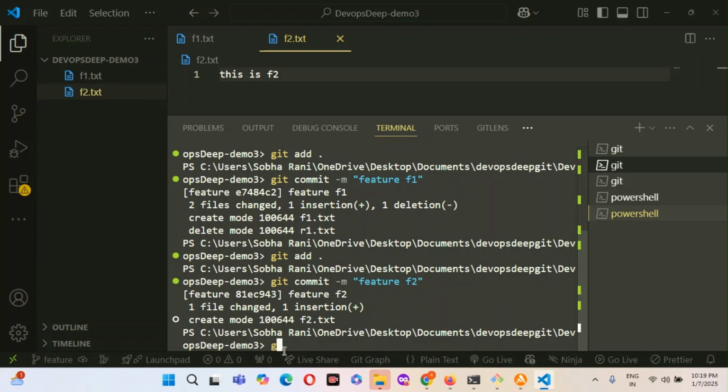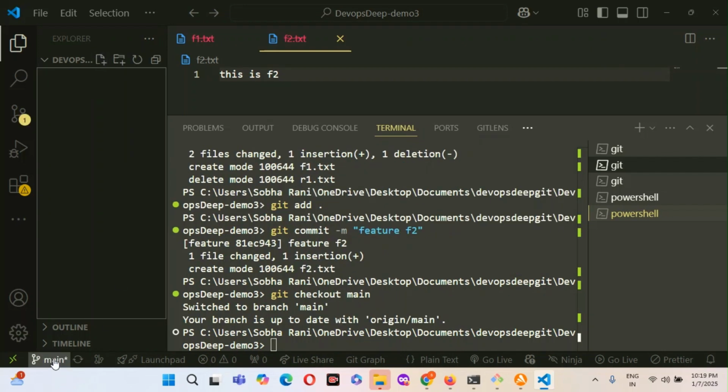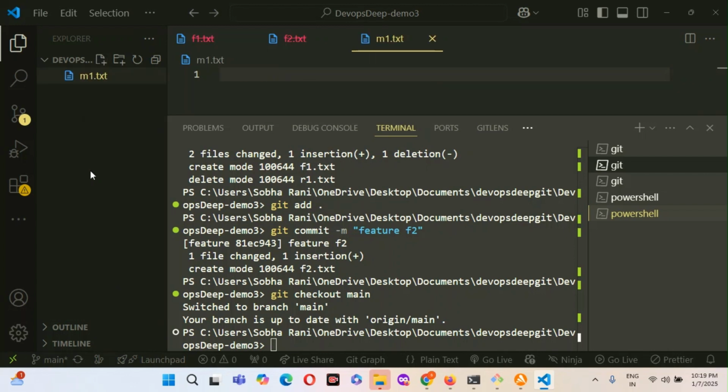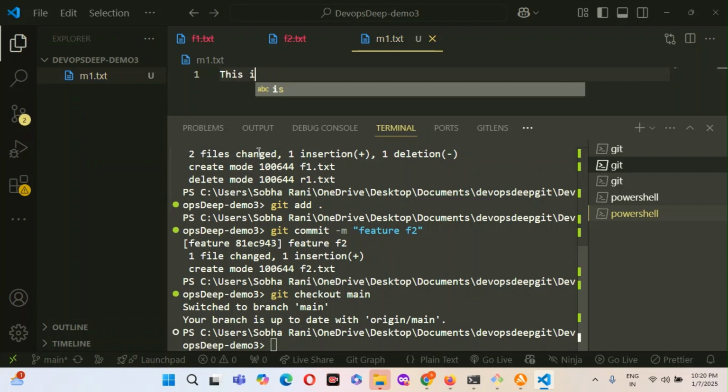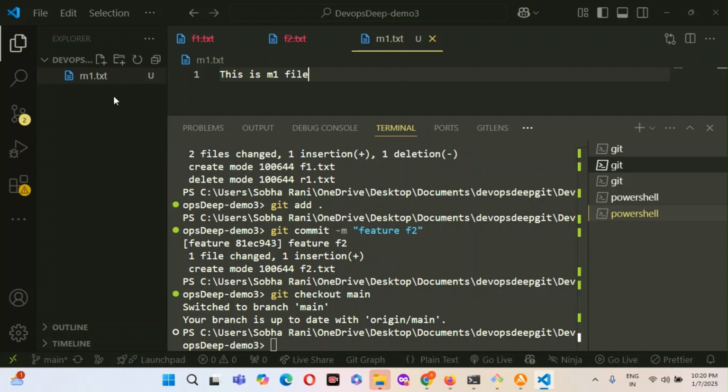Now I will check out to the master branch, git checkout main. So in master branch I need to create one file, that is m1.txt. This is the m1 file. Now I commit this file.